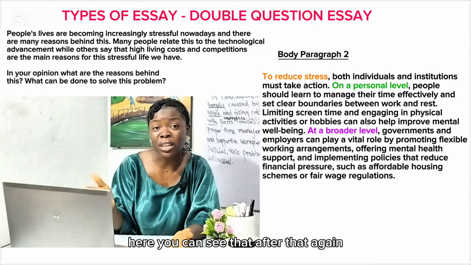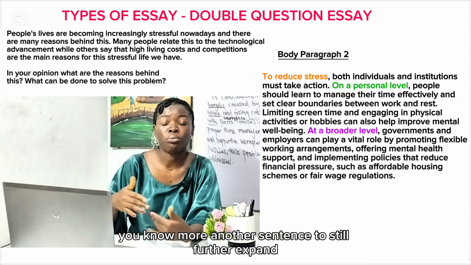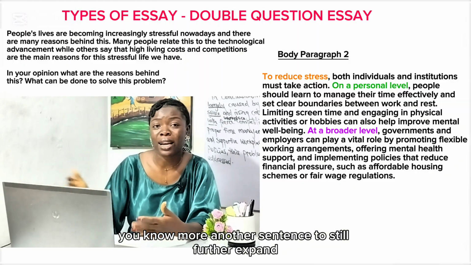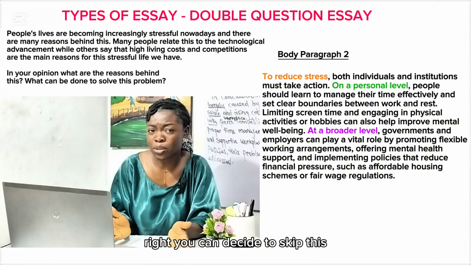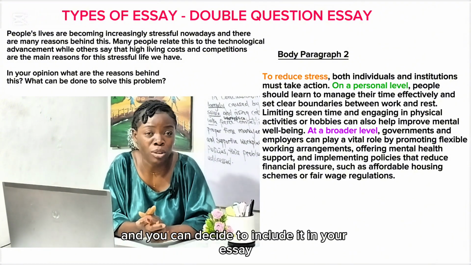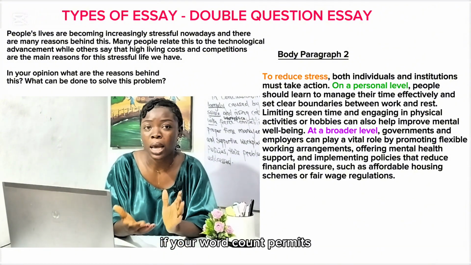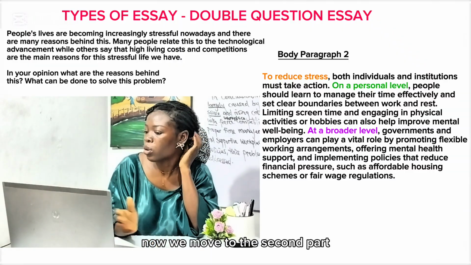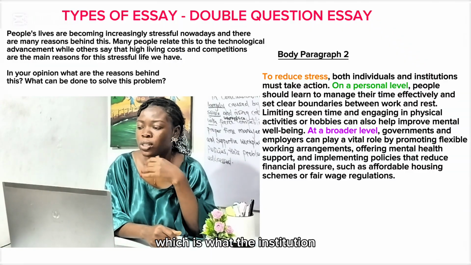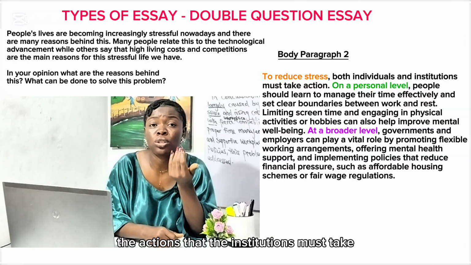Here you can see that after that again there was still more, another sentence to still further expand, right? You can decide to skip this and you can decide to include it in your essay if your word count permits. Now we move to the second part, which is the actions that the institutions must take,